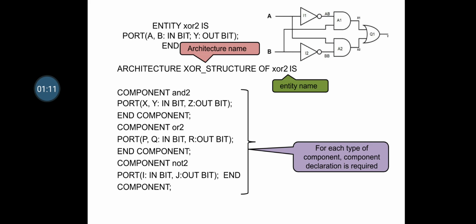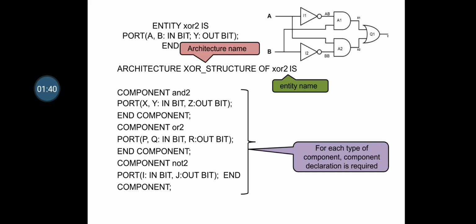So in this program I have only declared the entity and the architecture. We can check it out here. As shown in the circuit, the inputs are only A and B and the output is Y. That we are going to declare in the entity as ports. So the input ports and the output port are to be declared in the entity. Also we have to give a name to the entity, and that declaration is also done here.